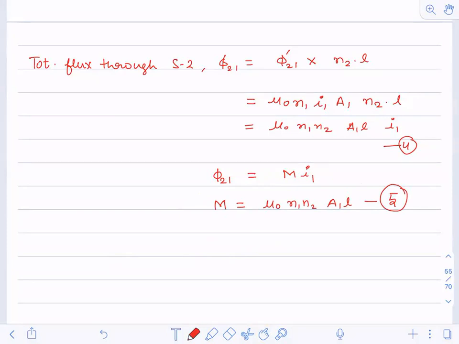Okay. Now, if someone would argue, sir, you have taken a current in a smaller coil. If you take a current in the bigger coil, will the answer change? Yes. If I take the current in the different coil, in the coil 2 suppose, will my result change? Yes or no? Should my answer change?